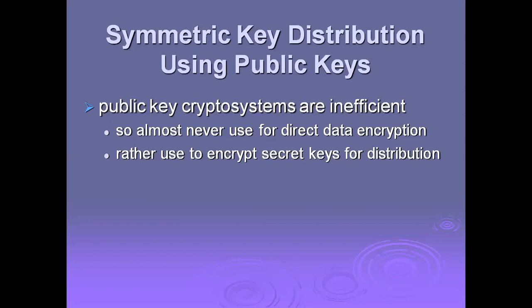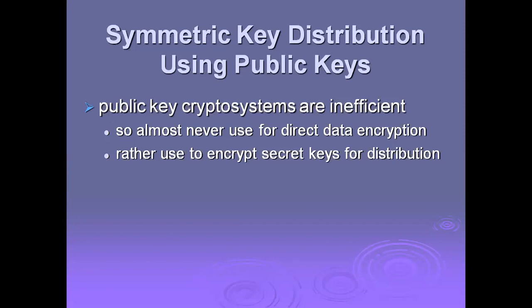Now here, symmetric private keys are very good. Why? Because when you compare symmetric and asymmetric keys, asymmetric means the public keys. These only encrypt secret keys for distribution, and they are almost never used for direct data encryption. So indirectly they can be used, but directly they may not encrypt the data. That is what happens in public key systems. So we would like to discuss in detail how it is implemented.